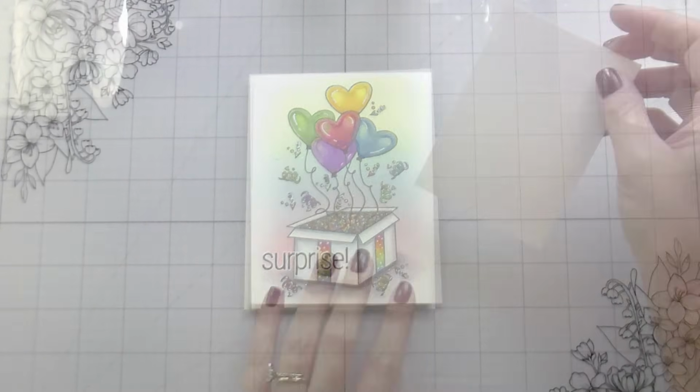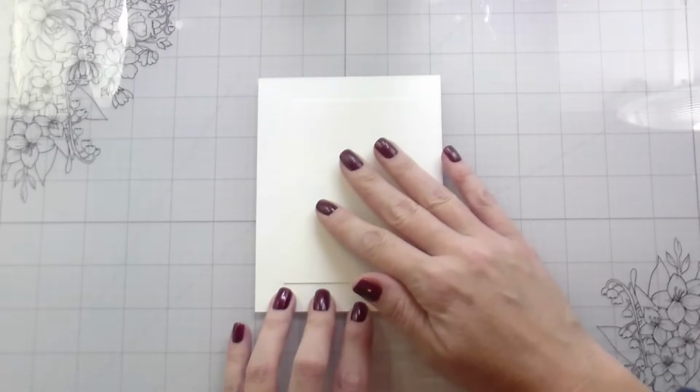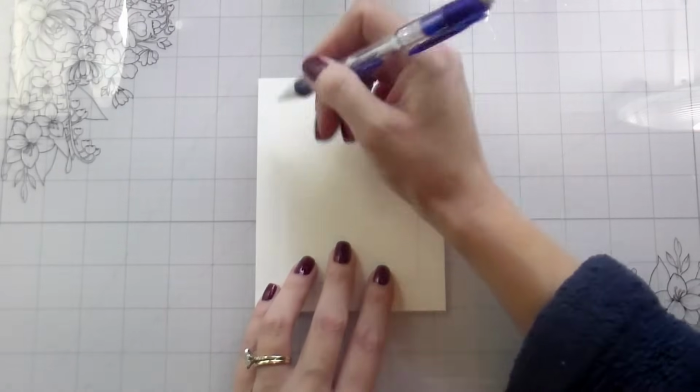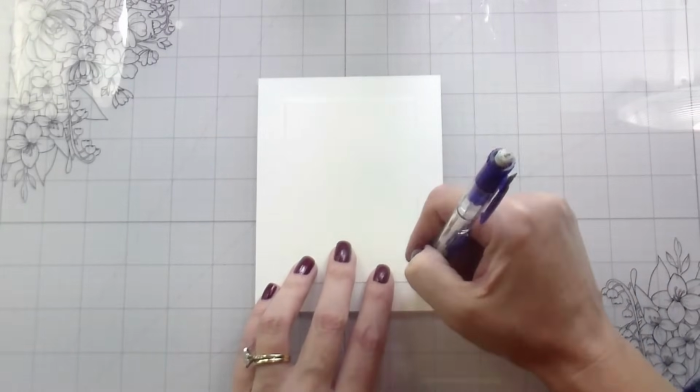So this one does require some fussy cutting. If that's not your style, you could absolutely stamp and mask these to get the same look. You just wouldn't have the same dimension. So I have cut a piece of cardstock that is